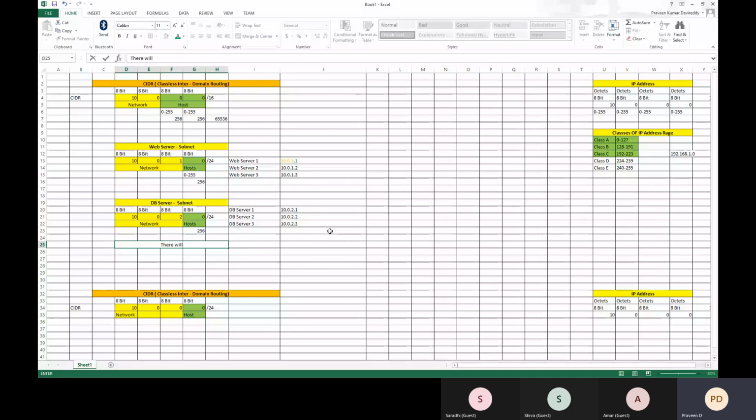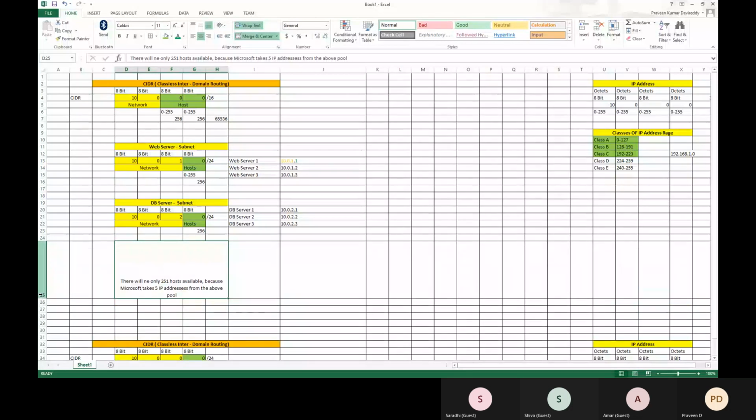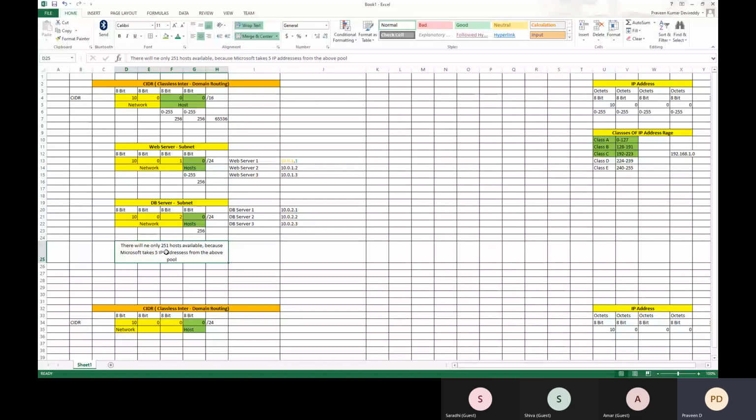Out of 256, there will be only 251 hosts available, because Microsoft takes 5 IP addresses from the above pool. So this has to be remembered and understood, okay?